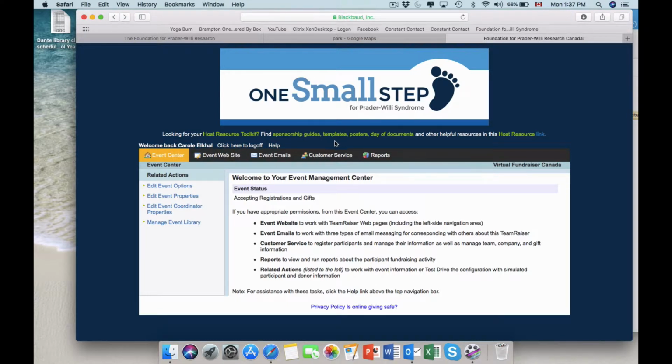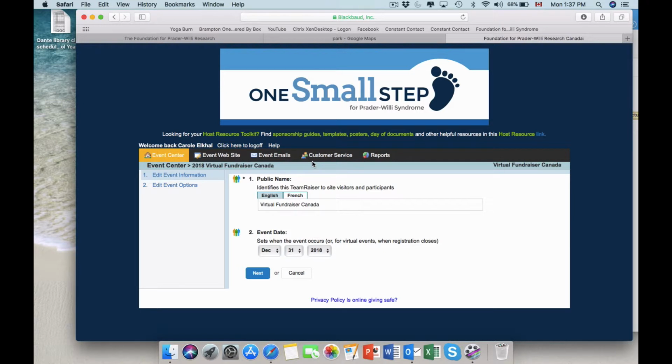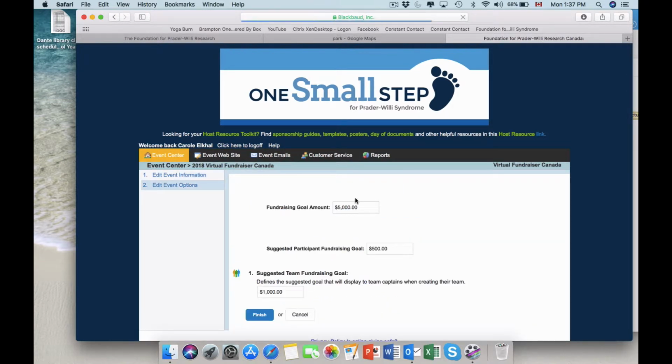Second thing that you need to know is basically this. So you have to go through these portions. This is basically where you're going to update and make your website, your event page, basically what you want it. Usually this is going to be pre-filled, but make sure that the name is correct. Put in the date of the event and put in a fundraising amount. Okay, I'll have pre-filled it, but make sure that it fits you. And there's going to be a suggested participant fundraising goal that you can put in. We suggest 500. It is up to you if you want to increase it per participant,